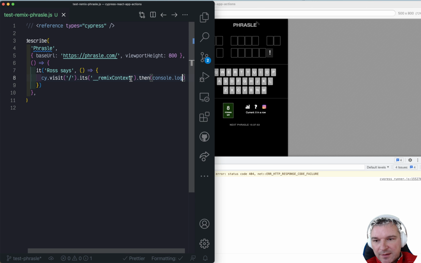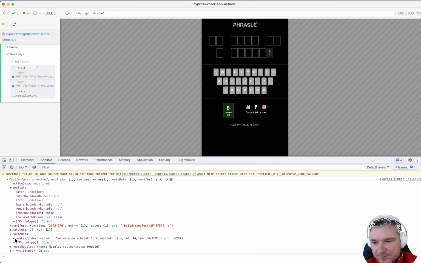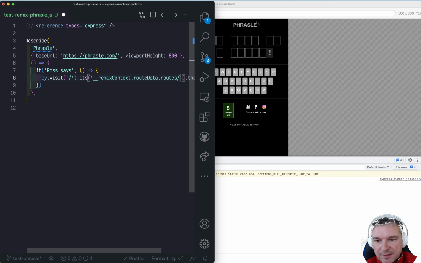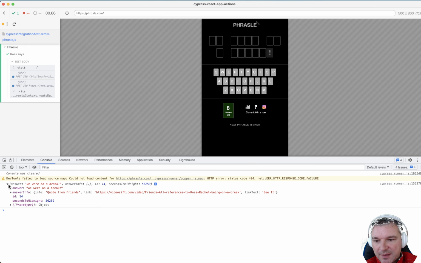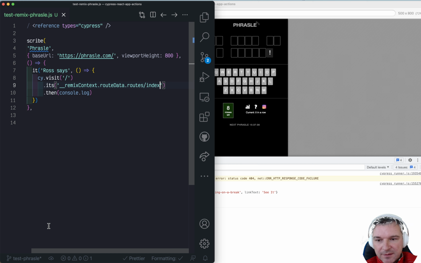So we can say dot root data, because we can get nested paths, because under the hood it uses the Lodash property getter. And then root slash index. Okay, so what does it give us? It gives us an object with an answer. Okay, so we can get the answer, and then we get this answer as a variable. We can split it into letters, but we probably will have multiple letters, right? But we'll see if it's a problem.